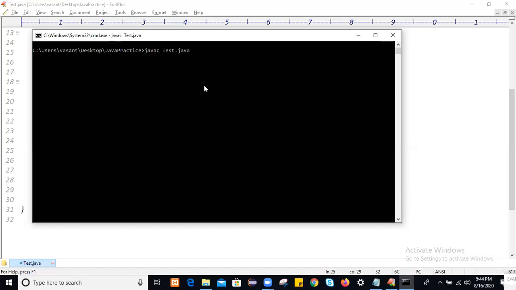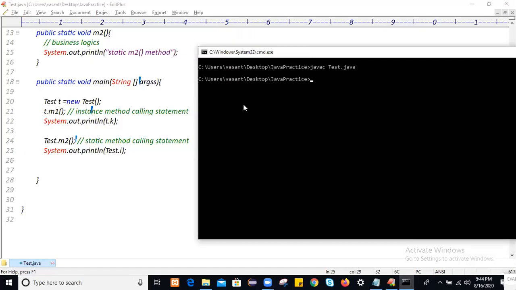This is the compilation, and if there is any issue, it will not compile. If the application is developed fine, it will compile. How to run? java Test. You see, the instance method executed and you are accessing the instance variable, the static method executed, and you are accessing the static variable, like that.